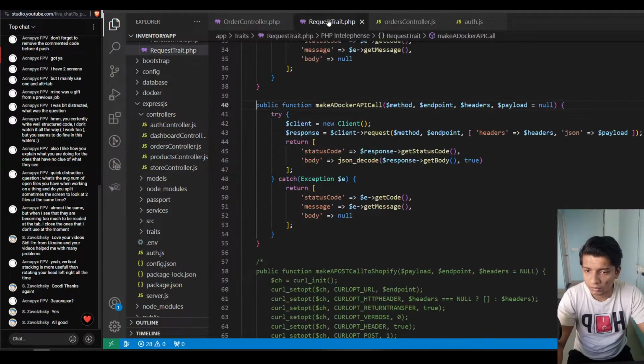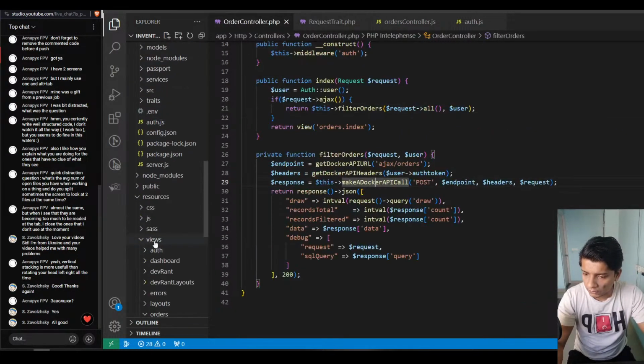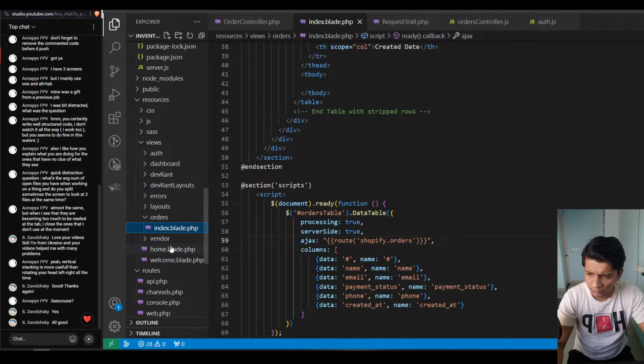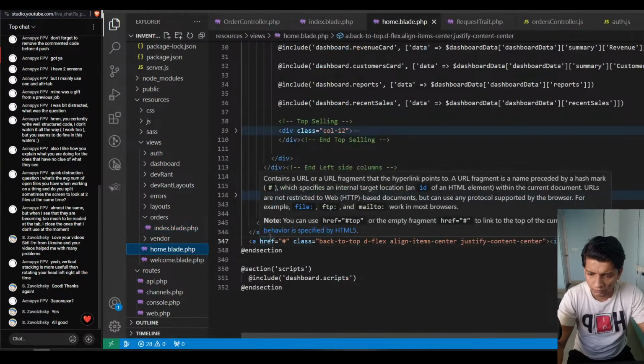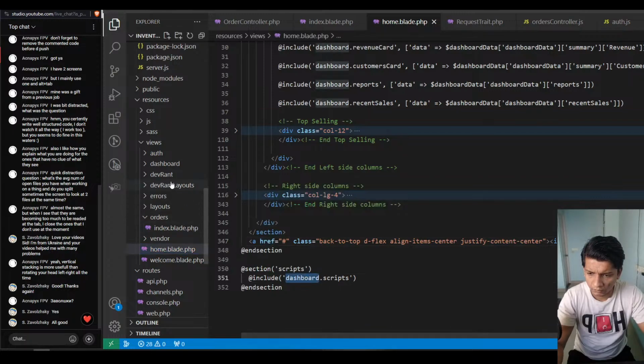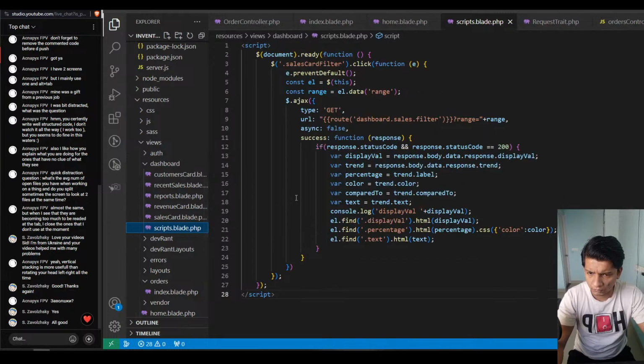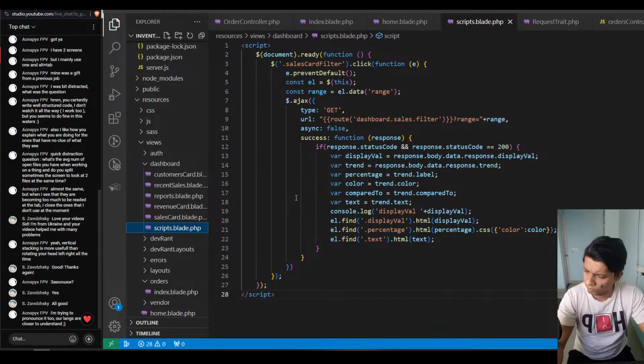Where was I? Data table is not a function. Okay, so